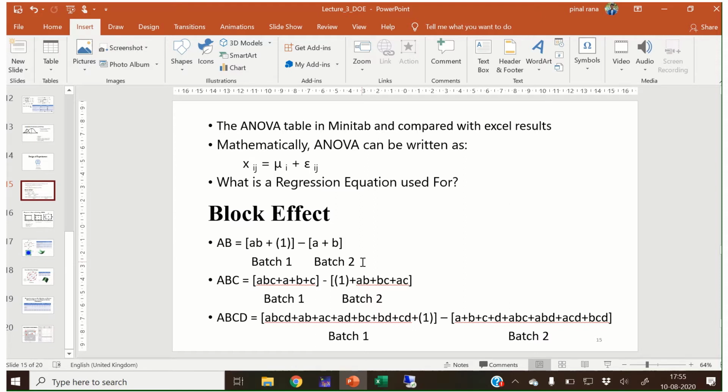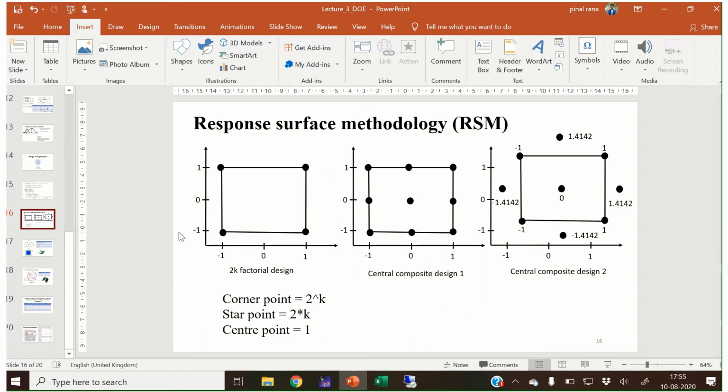Okay, now we talk about the response surface methodology. Till now we have seen the two-level k factorial design. This gives us the linear variation in the response variable. Now let's consider a response variable which is not linearly varying.